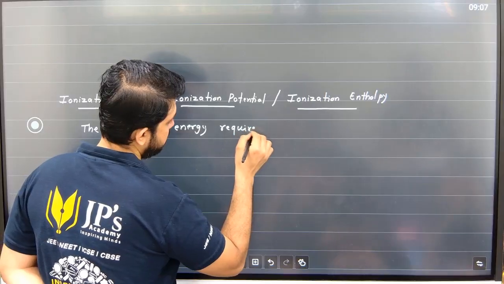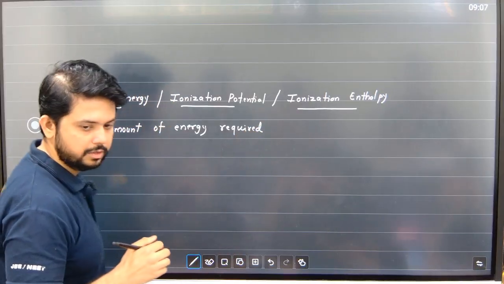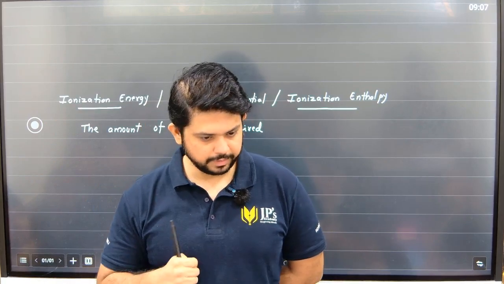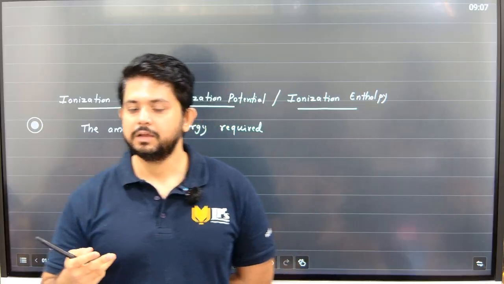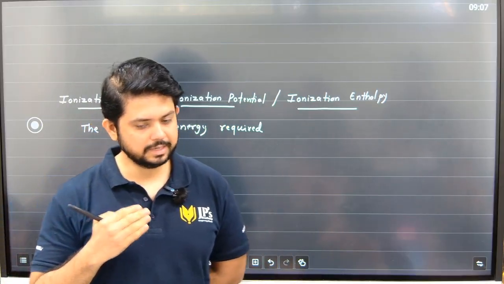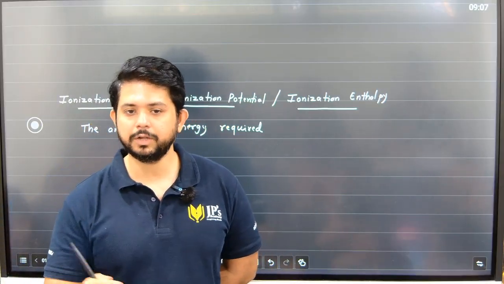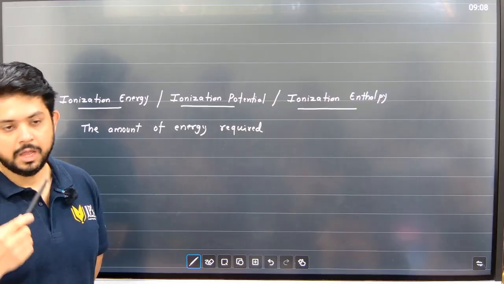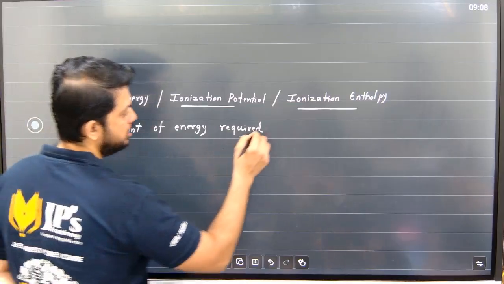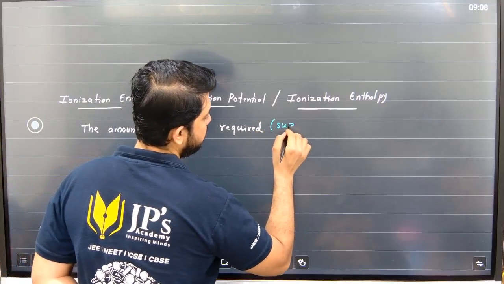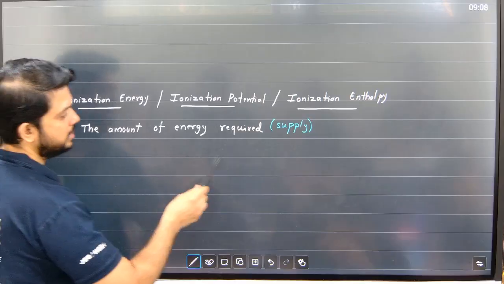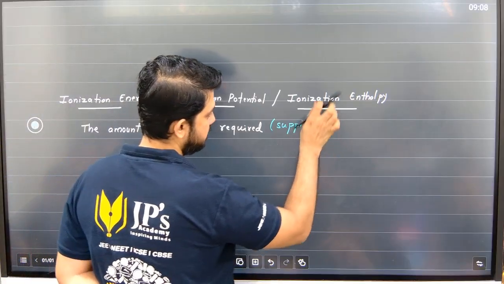Now I have a question. Amount of energy, will you supply or will you remove or evolve from the atom? Supply. Indirectly what I'm trying to ask is, is ionization energy an endothermic property or an exothermic property? Endothermic, because you always have to supply energy to remove the electron. Okay? So it is the amount of energy required, basically supplied